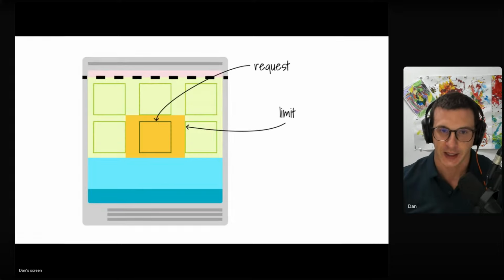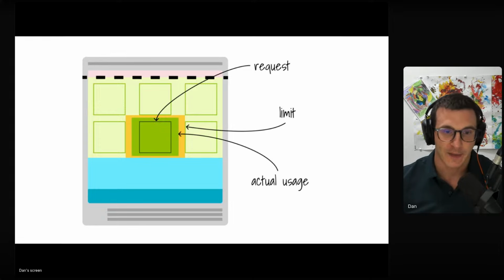Now, this is a request that is too high, but let's have a look at the opposite. If you set the request too low, what is going to happen? In this particular case, what I have is a request like before, the guaranteed CPU and memory assigned to a container. And then I've got something else called the limit, the maximum amount of memory and CPU that I can use. Now, if my actual usage is always more than the request, then I'm fluctuating between the request and the limit.